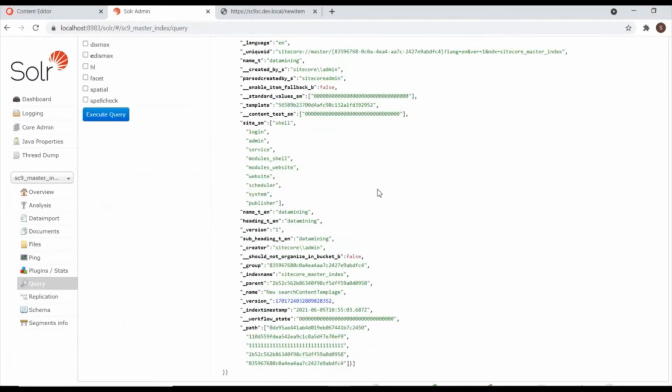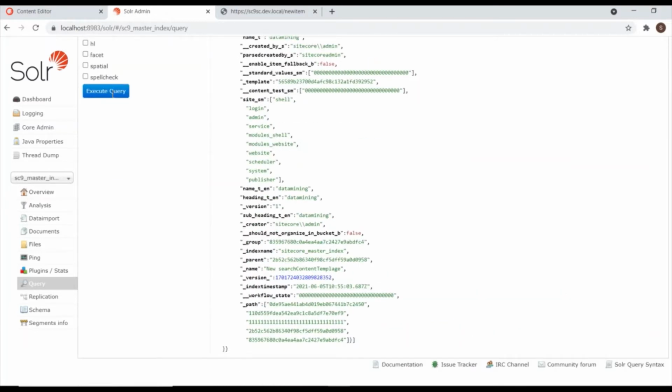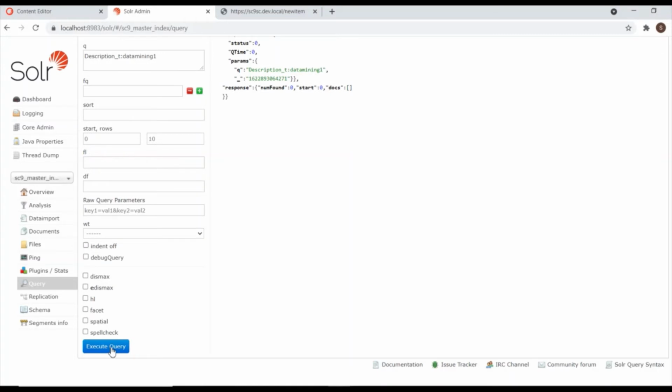Let's execute the query. You find the record. One record is available. If you change it to some dummy data, it won't be available. Similarly, you can search any field here, for example Description, and you can execute.